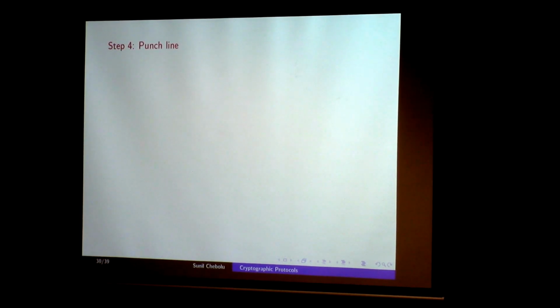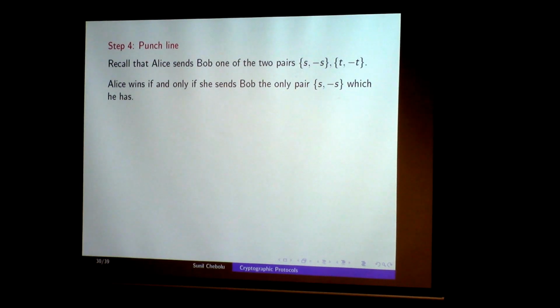But the punchline is in the last step, because recall that Alice sends Bob one of the pairs, S, minus S, or T, minus T, right? She will win if and only if she sends the correct pair. And a priori, she doesn't know which one Bob has, right? So